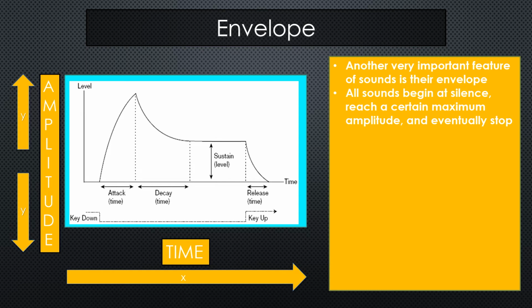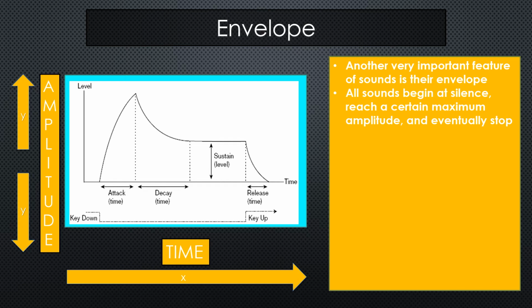So again, this is important. All sounds begin at silence. So just imagine I am sitting at a piano, and until I play a key, there is no sound. And then I play a key, I press the key down as is shown on our chart on the left, and we eventually reach that sort of peak amplitude of that tone. It must happen over some amount of time. All sounds don't just go from silent to noisy instantaneously. Just like all things in this universe, it must happen over some amount of time.